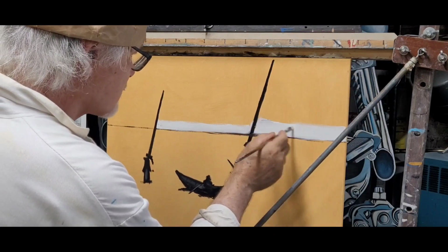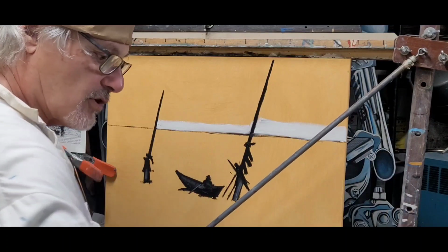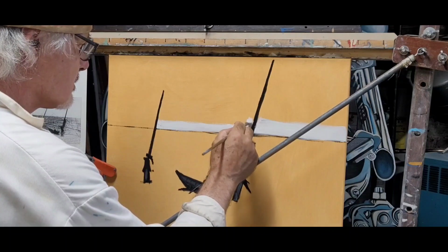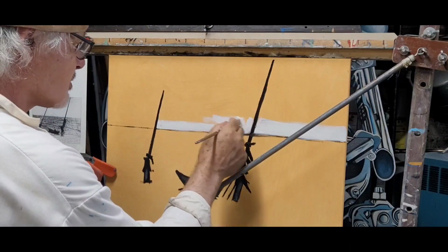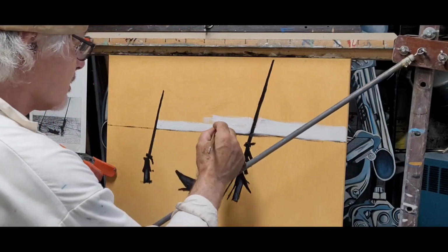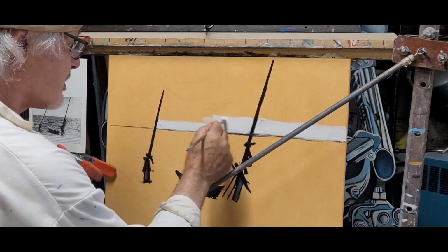We'll get the sky nice first. We'll work on the sky first before we get onto the water, which is a little bit more complicated. The water is a little more complicated than the sky. Got more action, but not really, because I tell you the truth,